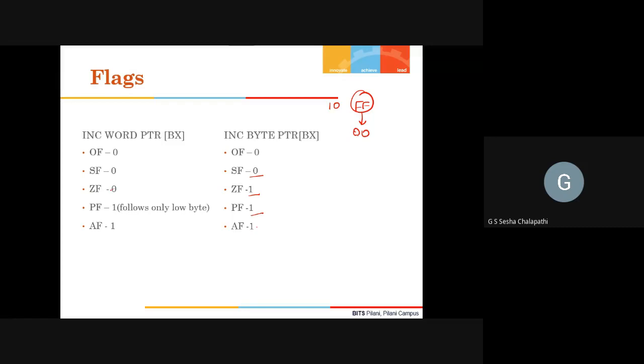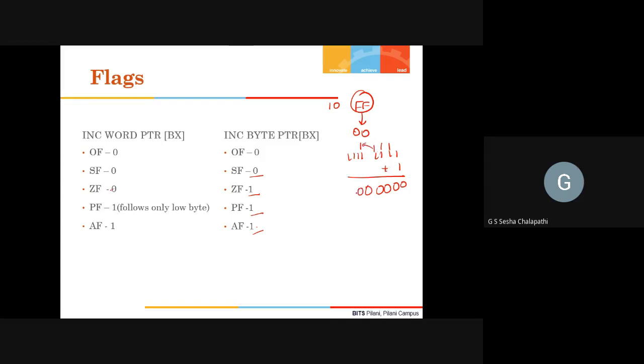Parity flag will become 1 because of even parity, and auxiliary carry flag is 1 because internally, if you see 1 1 1 1 1 1 1 1 and add 1 to it, what will happen? 0 plus 1, 0 plus 1, 0 plus 1. So there's a carry from here to here. Therefore, auxiliary carry flag is 1.